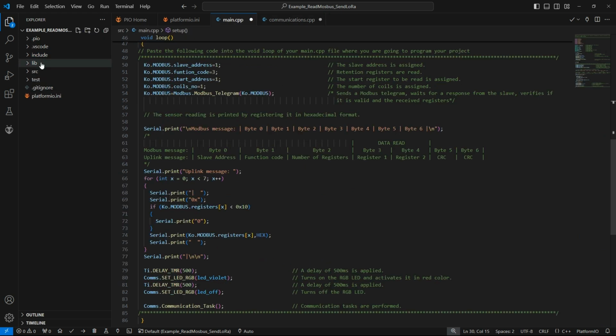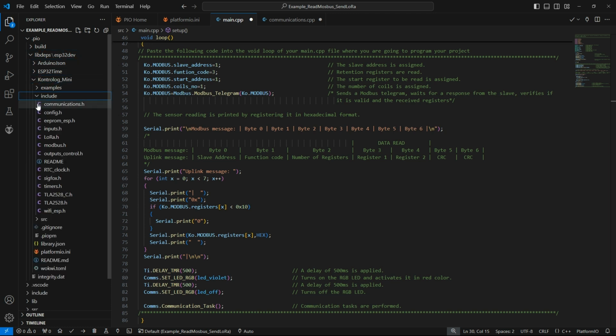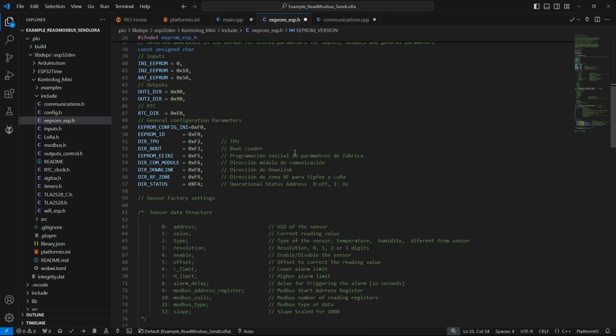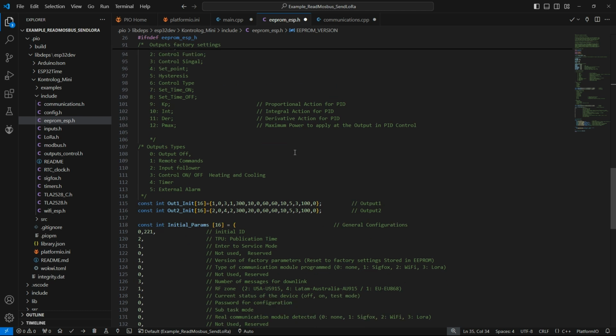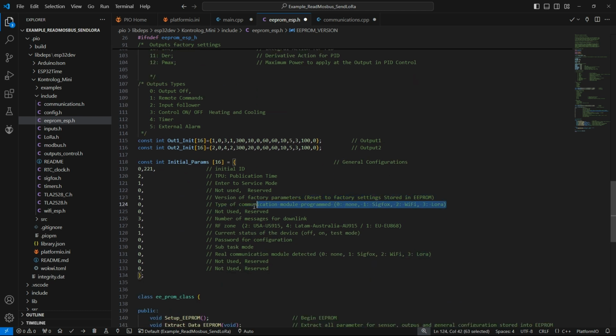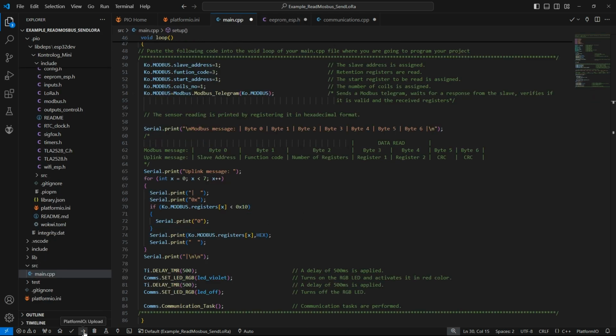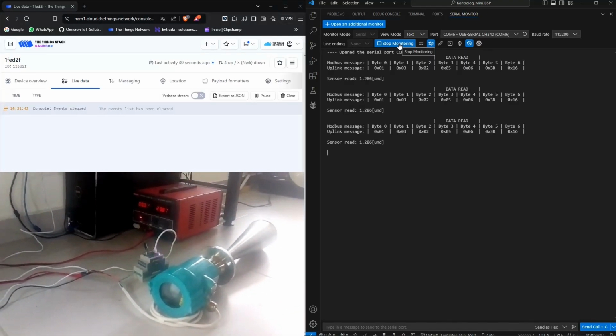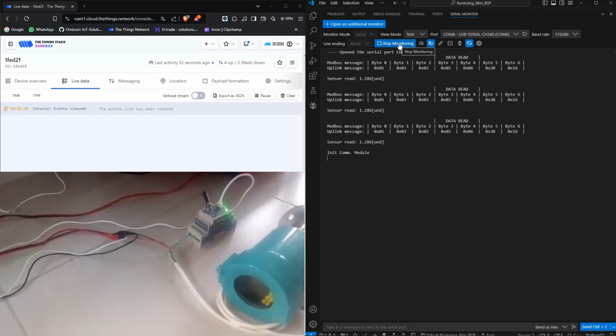Now, go to the EEPROM especially H file, which you will find in the header files folder of our library, and set a value in the EEPROM version each time you are going to alter any of the parameters that are housed within this function. Locate yourself in the array called initial params and make sure that the communication module type is set to LoRa technology, and define the radio frequency band for transmission, which in this case is the US 915 band. With these settings, you can now run your program and check your sensor reading through the serial monitor and verify that the message you have prepared is transmitted over the LoRaWAN network.